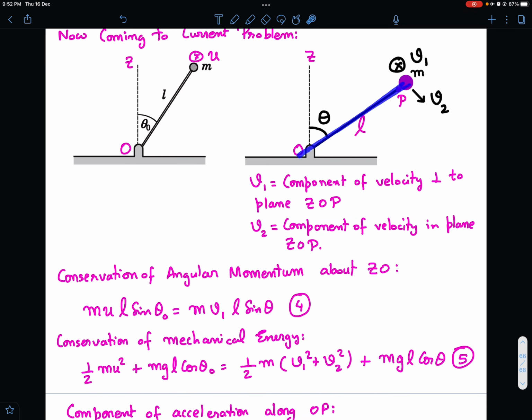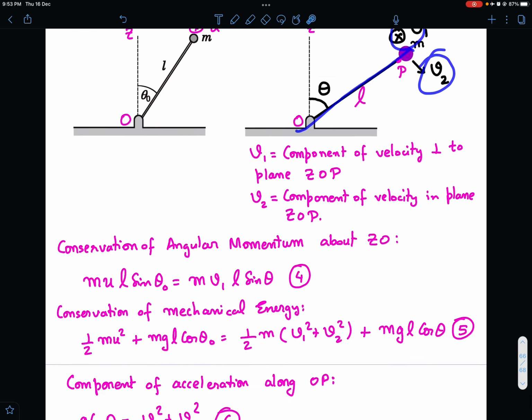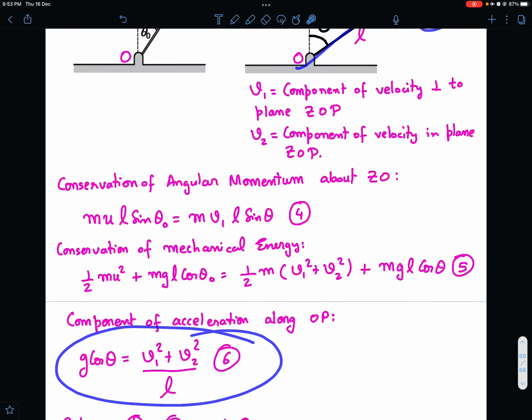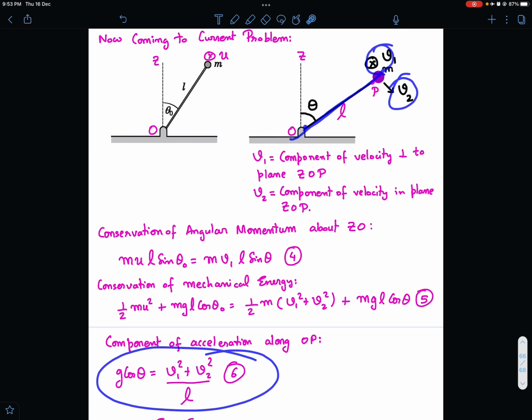Also realize that when the tension in this is 0, that means what? This ball has vertical acceleration g, because then m g is the only force acting on this ball, so its acceleration is g downwards. Its acceleration in this direction should be simply g cos theta, right? Because this angle is theta. And this acceleration should also be equal to v squared divided by L, which is v1 squared plus v2 squared divided by L. So this is our third equation: g cos theta equals v1 squared plus v2 squared divided by L. This is the result that I just proved using the sphere, and here I have just used that same result.